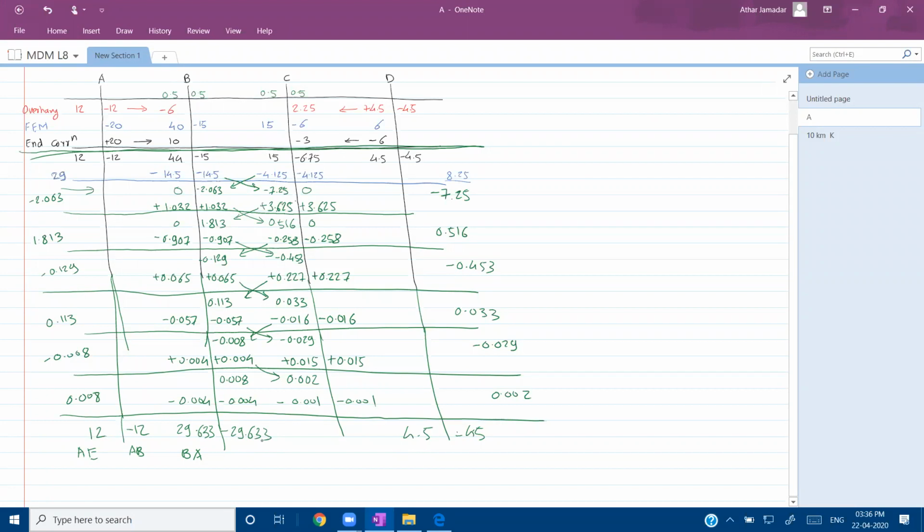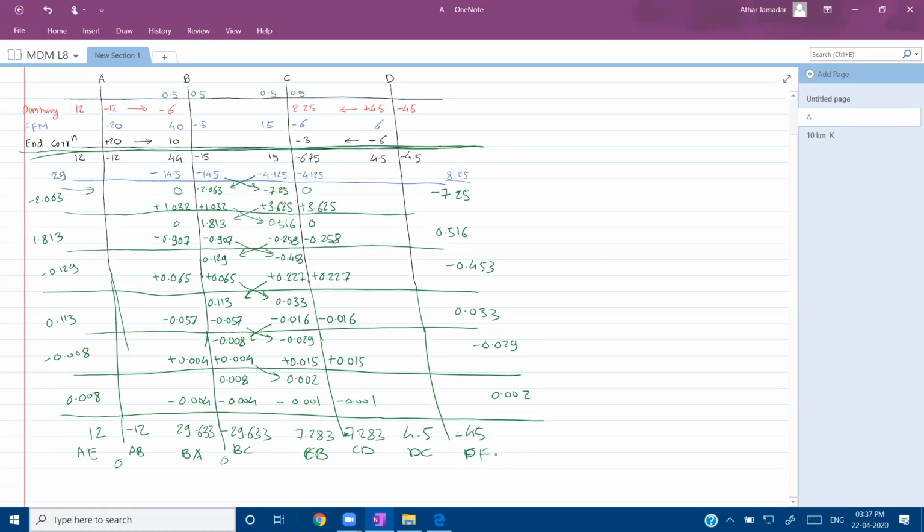Now for CD, from this 15 up to this last point, if you take summation, it is going to be 7.283. In case of CB, for CD, from this minus 6.75 vertical summation, minus 7.283. So now for all supports, if you calculate unbalanced moment, those are going to be 0. For this support 0, for this support 0. This is BC, this is CB, this is CD, DC, and last is DA. So these are your final moment values.